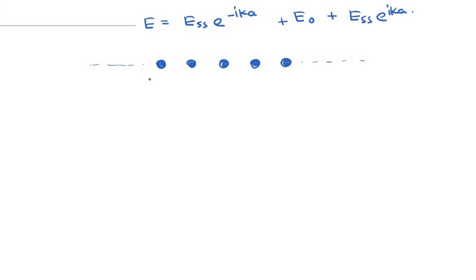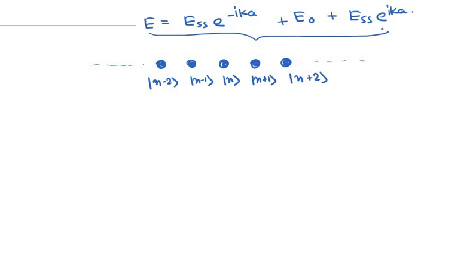So the wave function is written as n-2, n-1, n, n+1, n+2, and so on. Now if I were to find the eigen energy of the system, from this equation we can draw a conclusion, of course intuitively. I will not prove it here, but it is enough to solve an equation of this form: